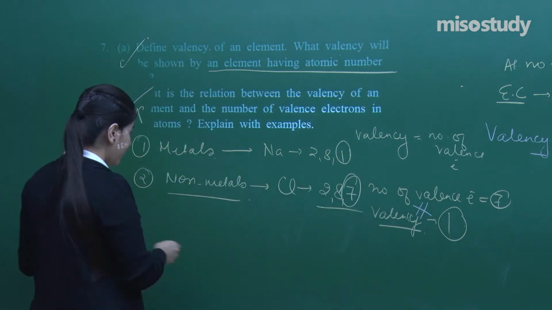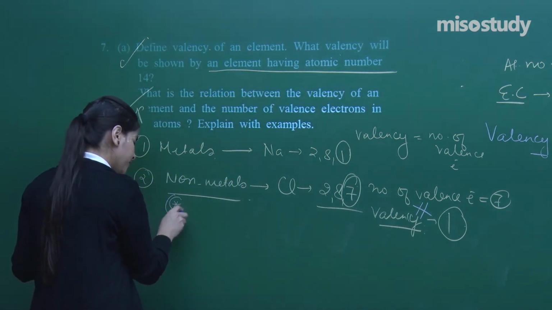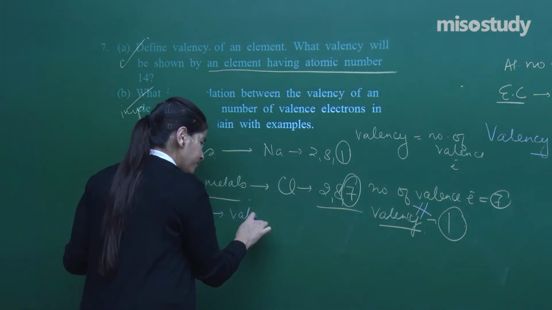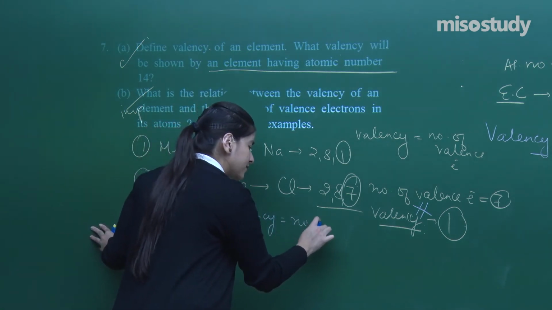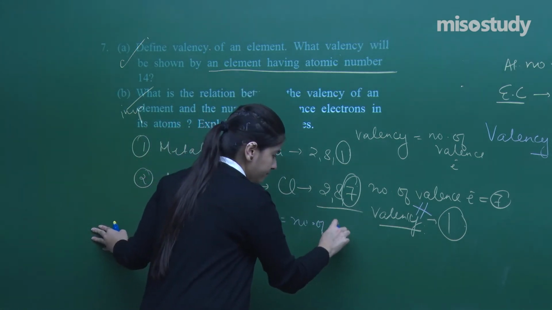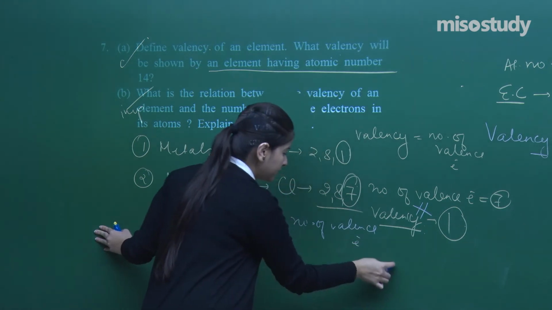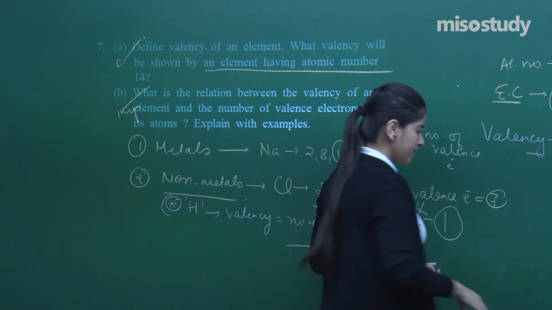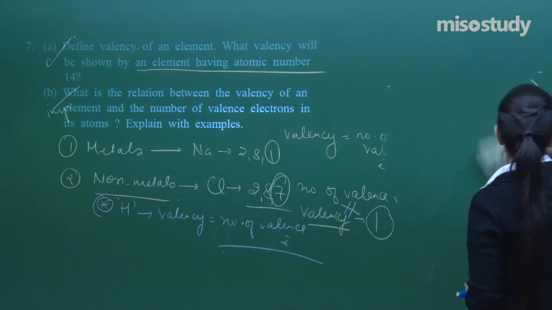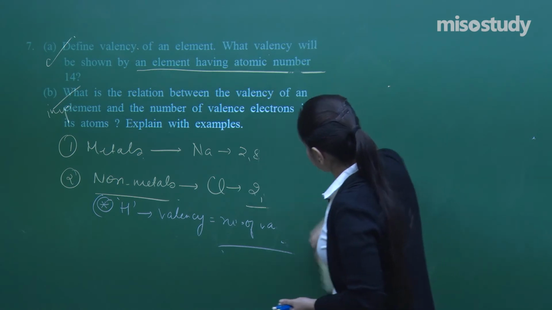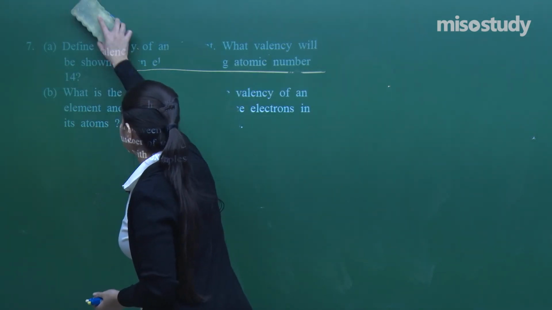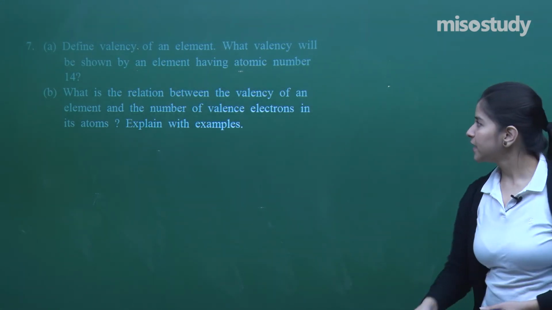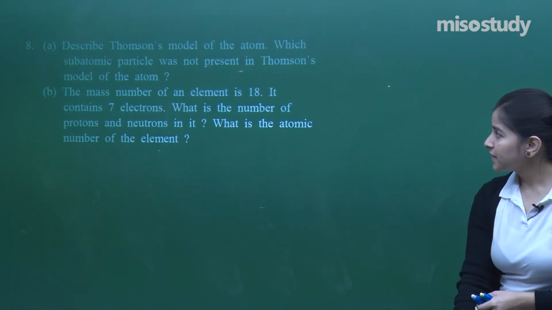Okay? Yeah, but in the case of non-metals there is an exception. Hydrogen is also a non-metal, but its valency is equal to the number of valence electrons. You need to remember this. Cool? So yeah, that completes my question number 7 as well. Okay? I hope everybody has got it, and this was an interesting question. You must have got another piece of information right here between the valency as well as the valence electrons. Fine? Okay. Now the next question, question number 8.